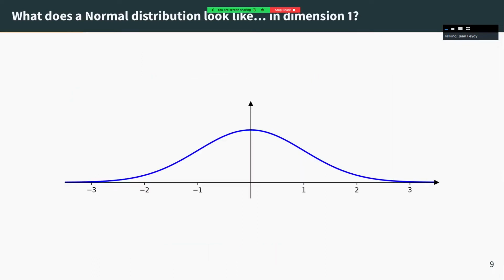But now I have a question for you. What does a normal distribution look like? What is the intuition that we should have about normal distributions? It seems like a stupid question, because for the last 5 years of your curriculum, every time we talk about a Gaussian distribution, we draw just a bell curve, a flat curve in 1D. Here it's exponential of minus x squared divided by 2. You have a bump, nothing special, at least in dimension 1.